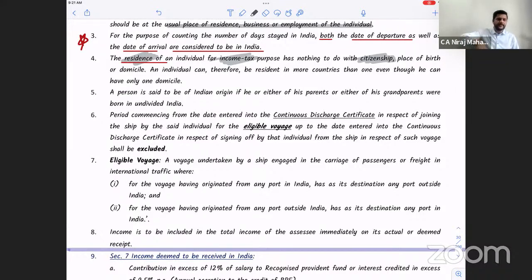Similarly, a foreigner working in India may take 1 or 2 months of leave. That means, but how many days? 30 or 60 days of leave. That means out of 365 days, 300 days he is staying in India. You tell me, bachcho, will he be ROR or not? Are you getting my point? He will be ROR or not? Yes. Understood, all of you? The point I'm telling you? Correct?